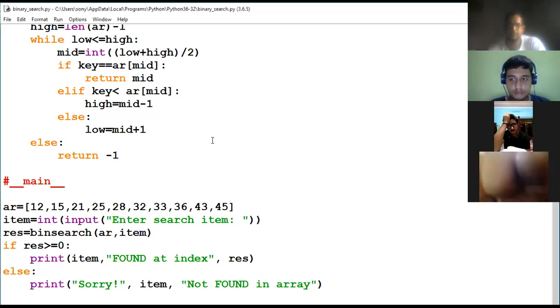Again, run this program and now type 32. See here, 32 found at index position 5. So 32 is present at the fifth index, whereas 35 is not present in the array.